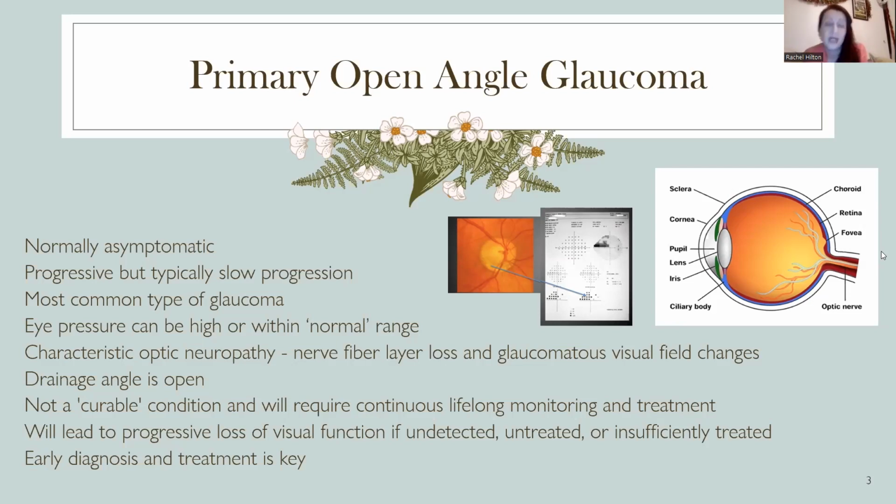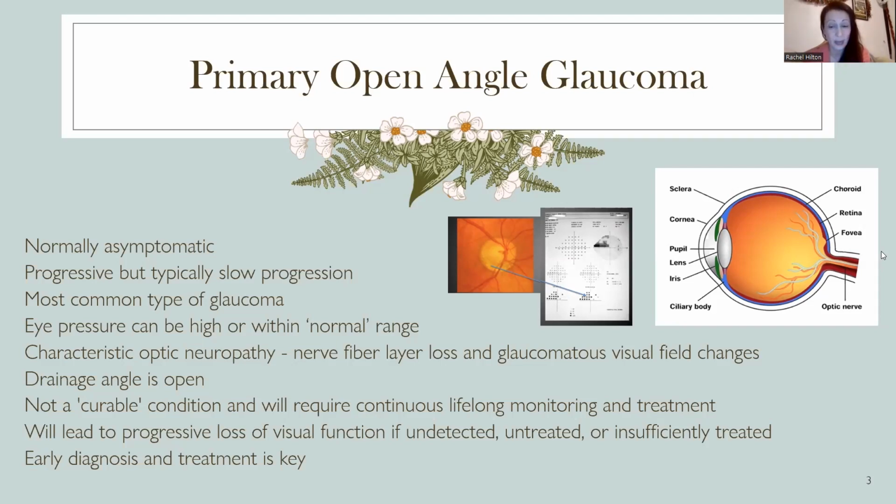And the bit about open angle is important to note. So I've mentioned we concentrate a lot on the nerve. That's where the damage occurs in glaucoma. But the other part of the eye we concentrate on is that front portion that you can see in the diagram, where you have the cornea, the very first front layer, the iris, the colour part of the eye, that's the muscle of the eye after that, with a hole in the middle, which is the pupil, and behind that, the lens, which you can see that oval shape there. And the fluid that circulates within that is called aqueous humor, and that's responsible for regulating the eye pressure. It also provides nutrients and takes away waste products to those clear structures in that section of the eye.